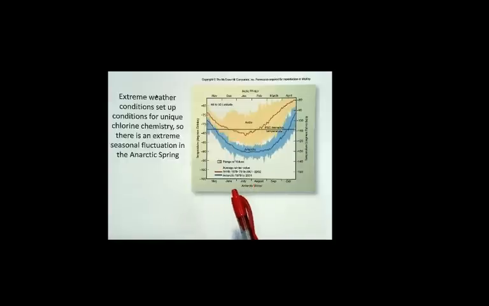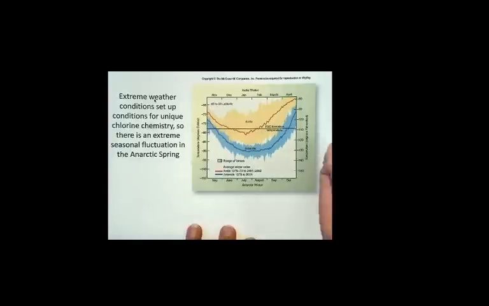Anyway, what you see is that the Antarctic is colder than the Arctic. I'll explain this graph real quick first. The blue line is the average temperature at the Antarctic, and the red line is at the Arctic, and the shaded regions show the range in values over time. But there's a line here that says PSC Formation Temperature, and what PSC stands for is